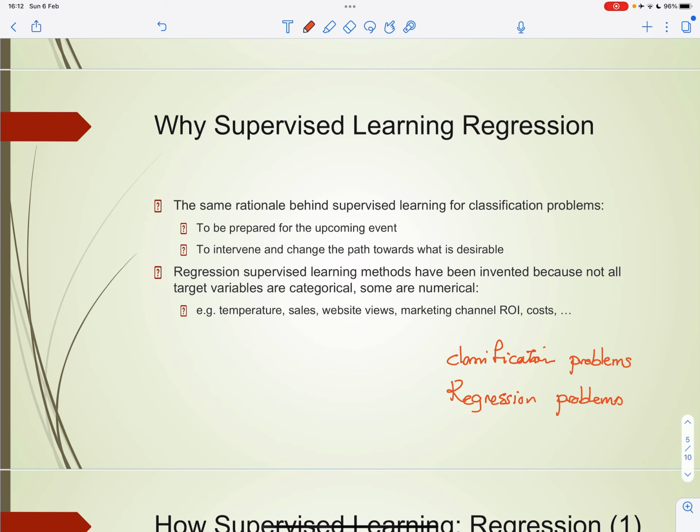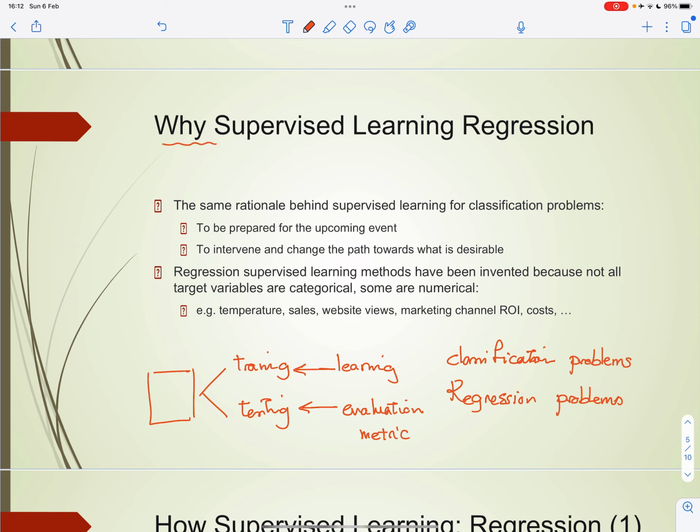You split the data into training and testing set. And the method learns from here. And the method is evaluated on the testing set. The only important difference here is the evaluation metric. Okay? But before talking about the evaluation metric and in general how the regression problem actually works, let's talk a